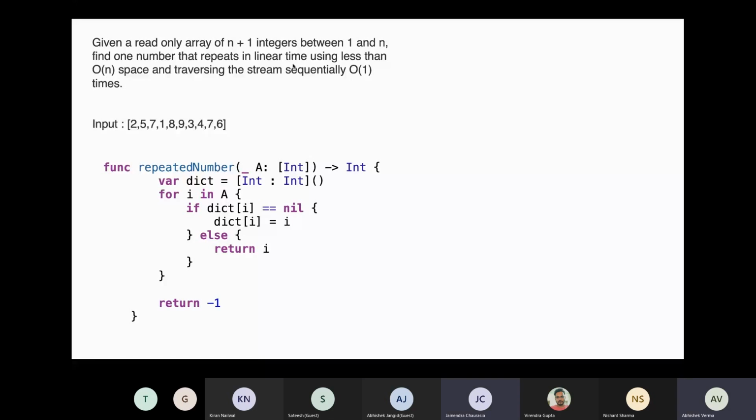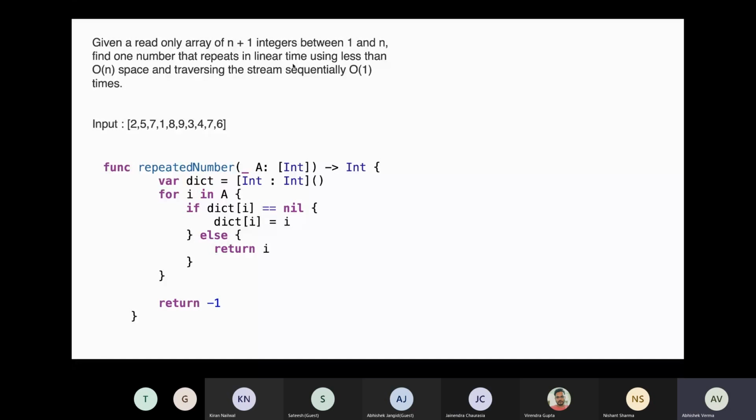Yeah, the initial solution would be to store all the numbers in a HashMap, and we check number by number, iterating the loop from 0 to n. If we find the same number two times, more than one time, then we can say it's our answer. Okay, so this is O of n.